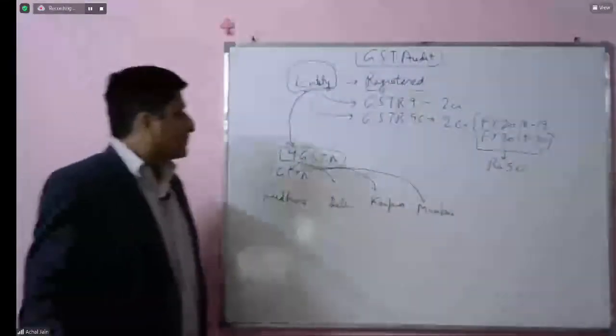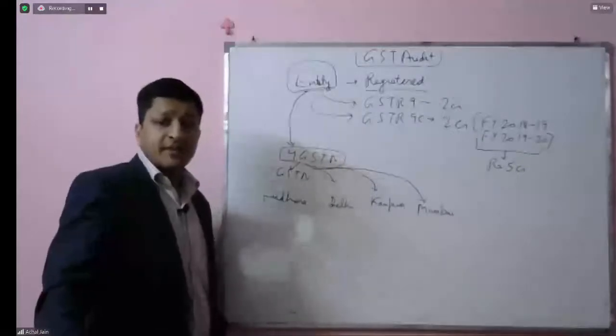Let's suppose this is how GSTNs have been taken